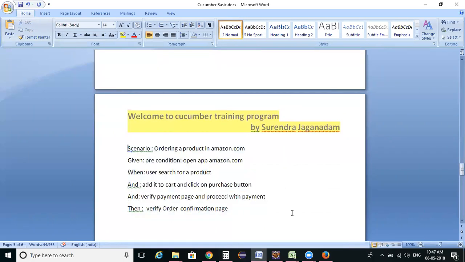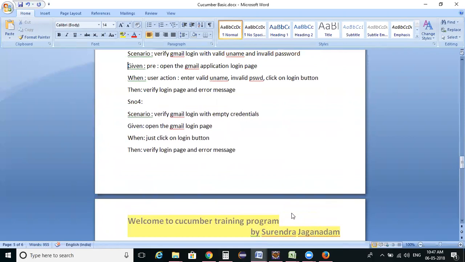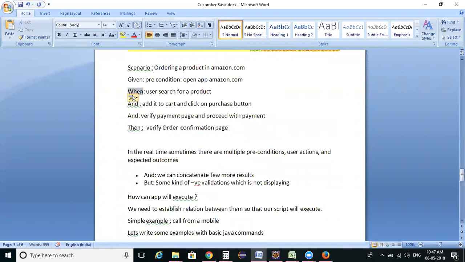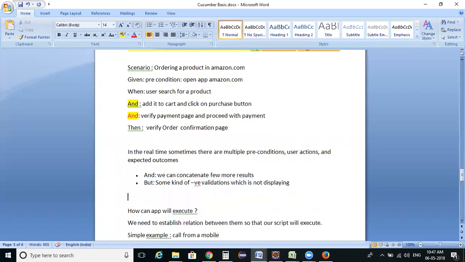This is how we can write down scenarios in real time. We need to understand the test case and split it into different kinds of scenarios. In the current example, if you observe, we added multiple ands depending on our requirement. To verify positive validations we will add an and, and to verify negative validations we will add a but. We will see an example of a but moving further with small examples. This is what scenarios are.